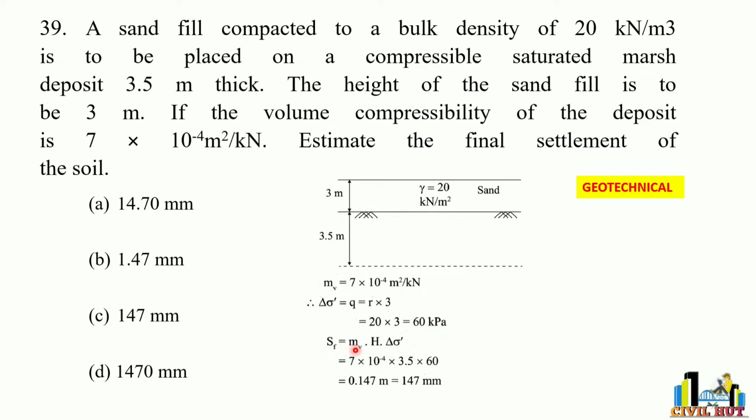Final settlement equals mv into H into delta sigma dash, which is 7 into 10 to the power of minus 4 into 3.5 into 60. This is nothing but 0.147 meters, which is equal to 147 mm. Our option C is the correct option. This is geotechnical engineering. Next question is